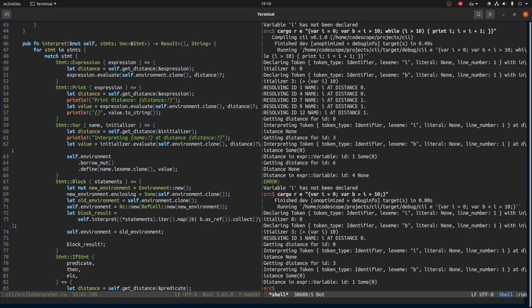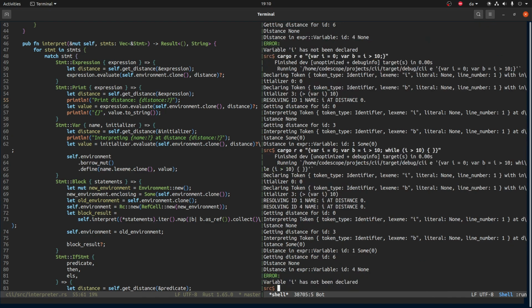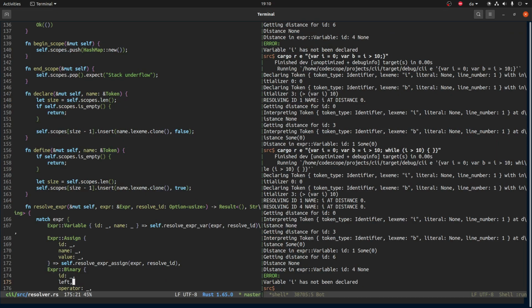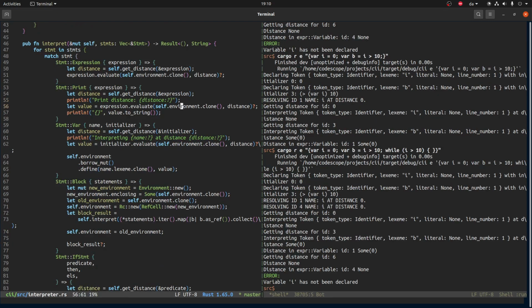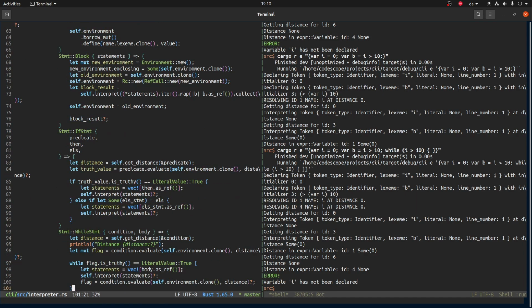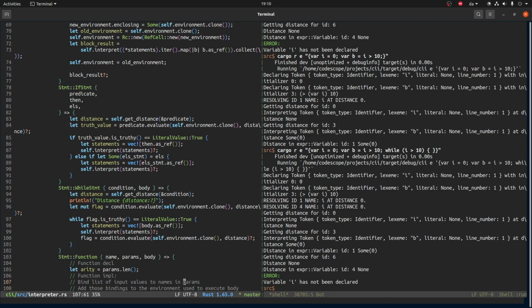This runs without any problem, but this doesn't. What if we do this? No, it still doesn't work. So for some reason in the while statement, we try to get the distance to the condition,